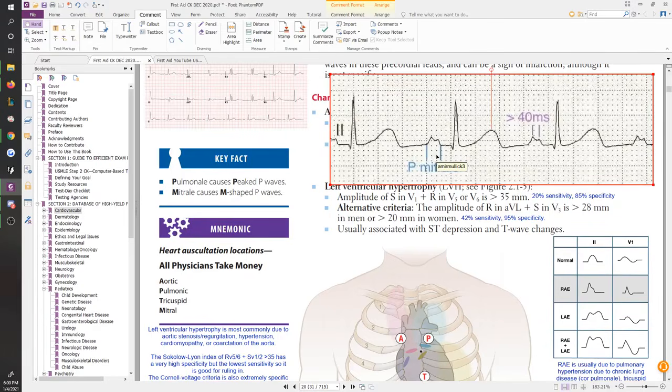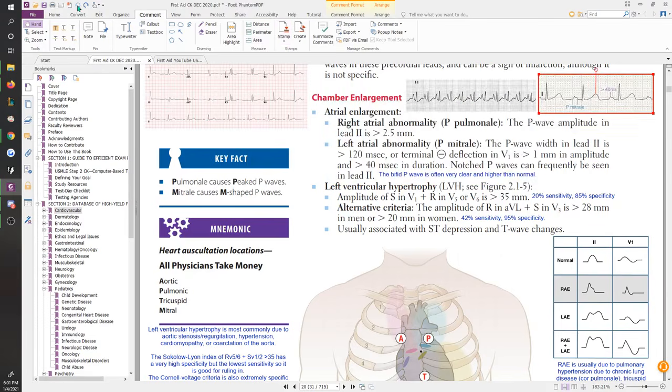Remember that the P wave was actually due to atrial contraction, right? So if you have an issue with atrial contraction, you want to start thinking of what might have been causing it, okay? If you have a P mitrale thing happening like this with the M sign, and you can keep seeing it, it happens in the next one and the one after that, that's a sign that you have left atrial problems. If you have a P wave that's super tall, that is a right atrial problem, and that would be your P pulmonale, okay? So not so bad. Obviously, you look at your P wave for your atria, and that's what we're learning here.